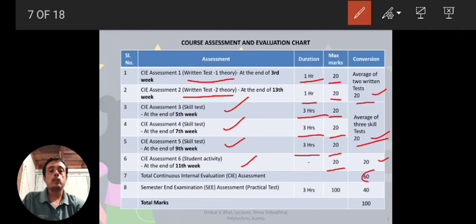So total it leads to 60 marks. Then semester end examination, SEE. This is conducted for 100 marks. Duration 3 hours, and then the marks are reduced to 40 marks, you can see. So total 100 marks, internal marks 60 and semester end examination marks 40, total is 100.